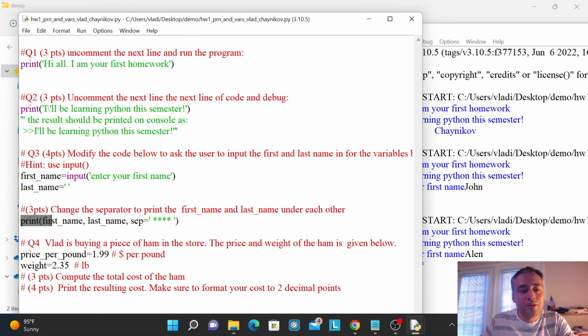Now, moving to this problem, you want to change the separator to print the first name and last name under each other. So you need to change this to something that will do it. And again, hint, you might need an escape character for that. And last but not least,